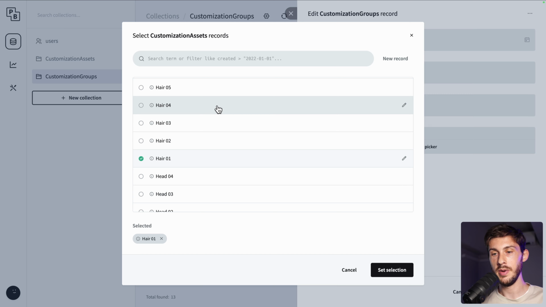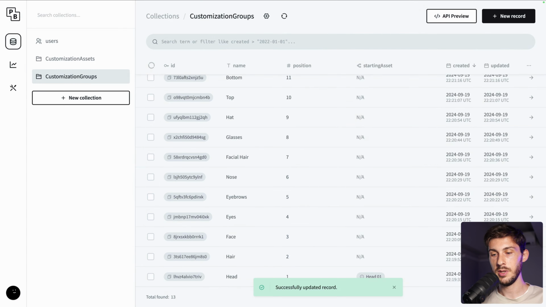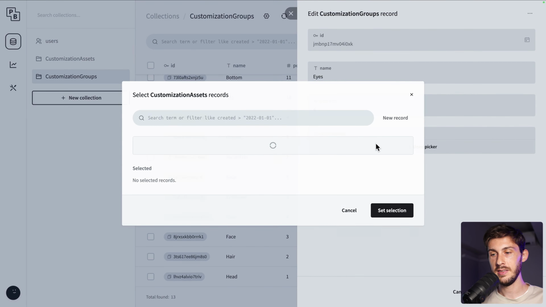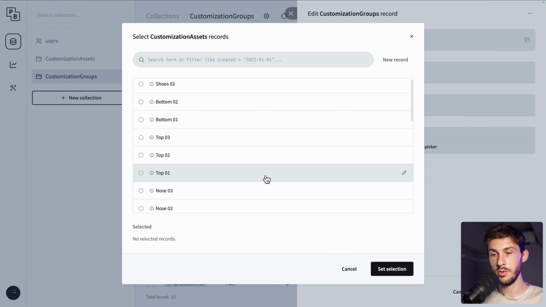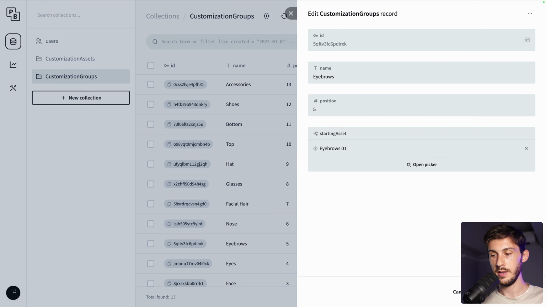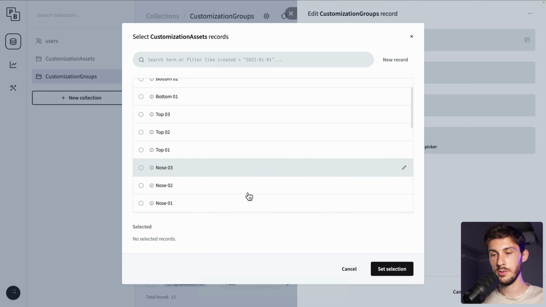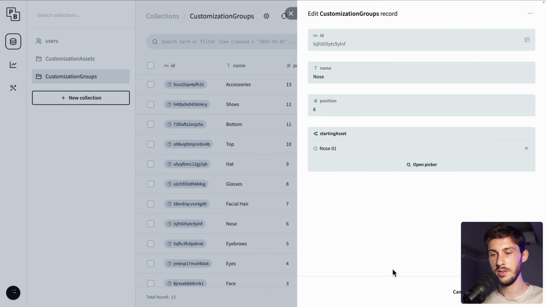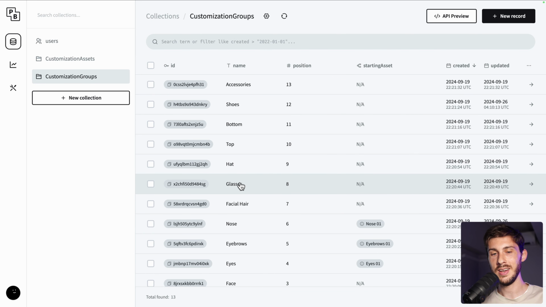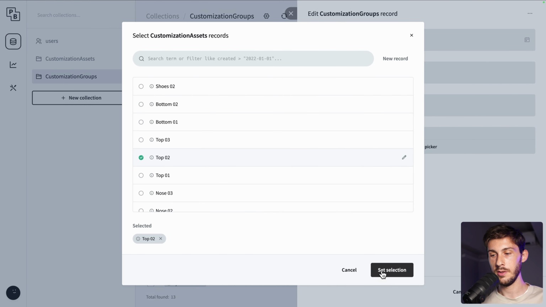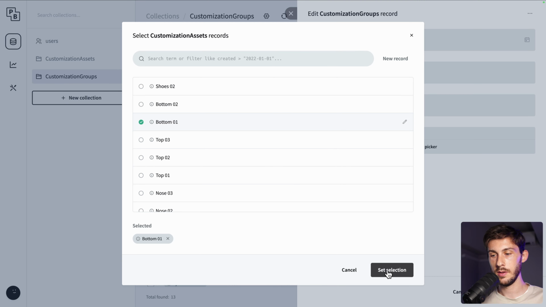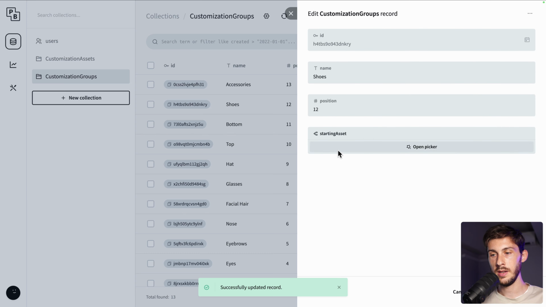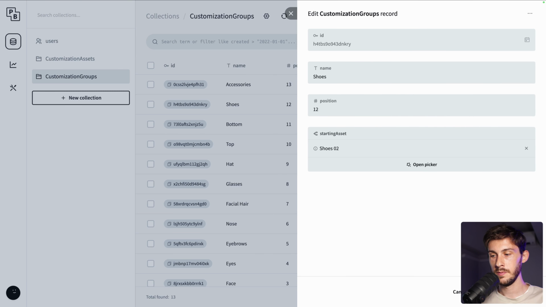And you have the choice. You are not obligated to choose the first one. Let's take this one. And then we don't have faces yet. And the eyes, I will choose those ones. And then eyebrows, maybe you don't want eyebrows, so it's up to you. Set selection, a nose. So the facial parts, there are a lot. Then the body is faster. Glasses, no. So hat, glasses, you wouldn't put a default value. It's accessories you put later. The top, let's take the second one. The bottom, let's take the first one and let's get some shoes. Save changes,